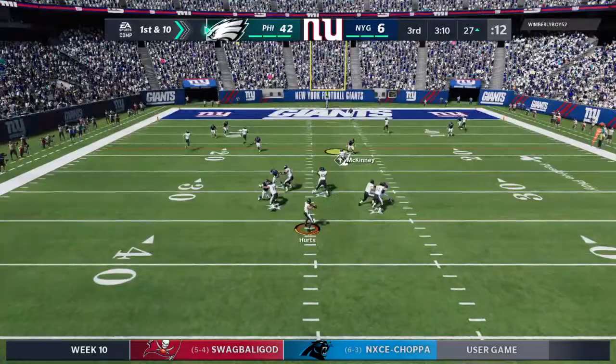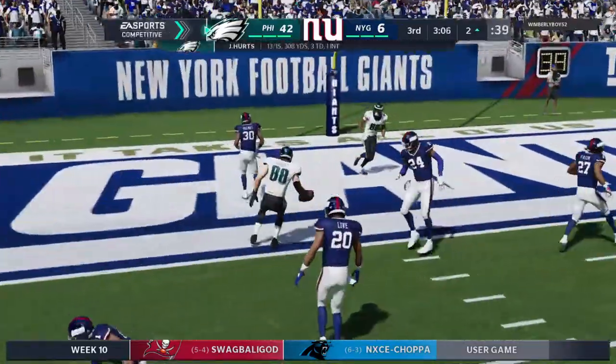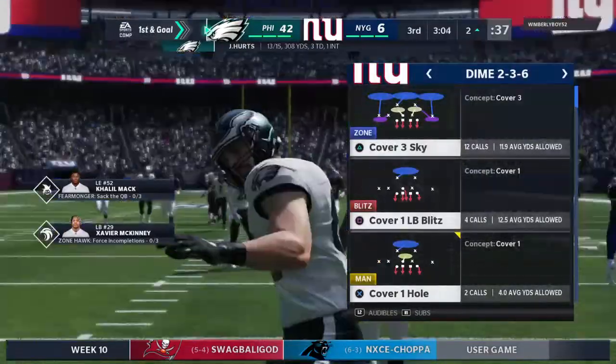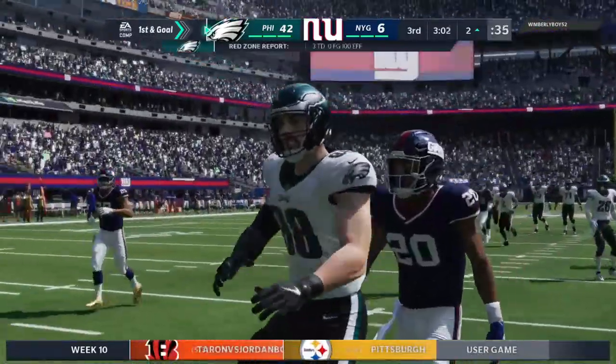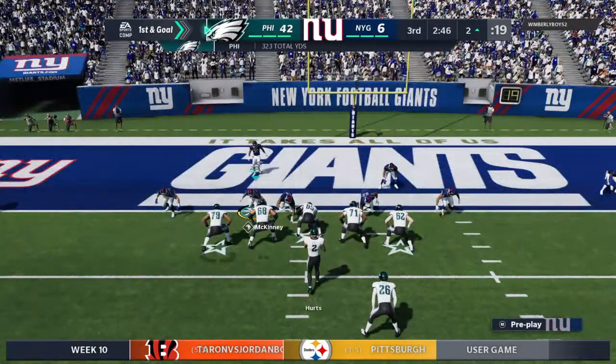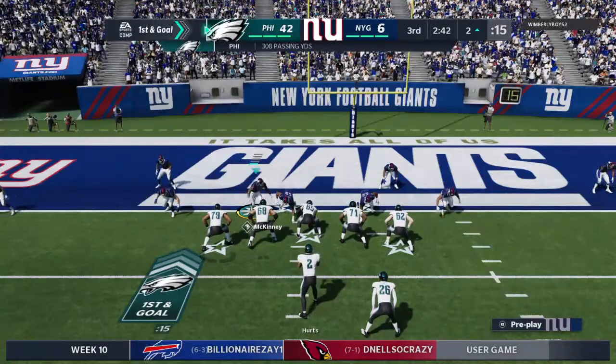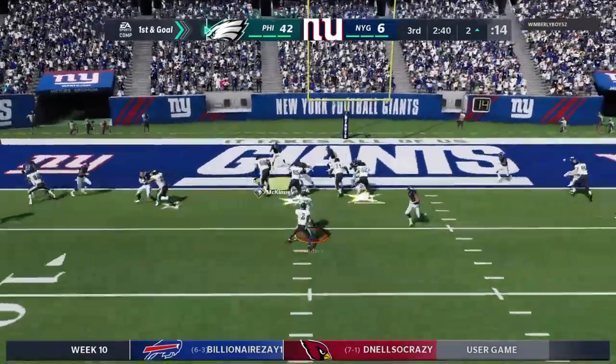On 1st and 10, it's Hurts. That's going to be caught. A really nice gain of 25 yards. When you're a player of his stature, you don't just circle the games on your team's calendar. You circle the Pro Bowl? Without a doubt. That's a game that you just figure you're going to be in each and every year. That's because of catches like...